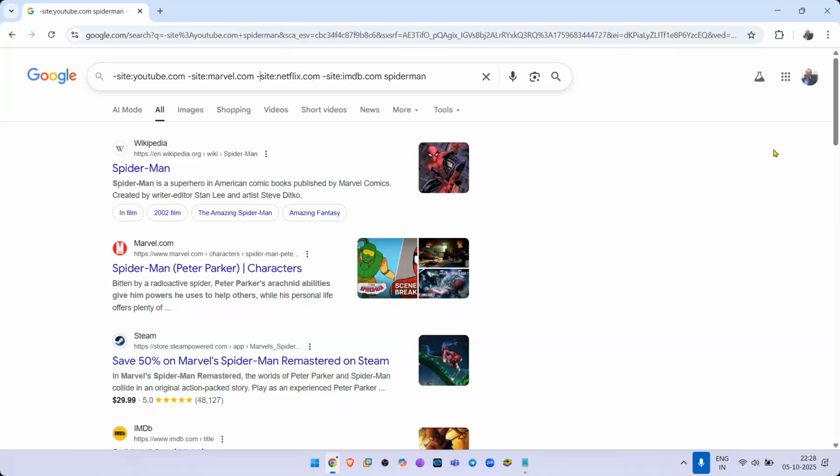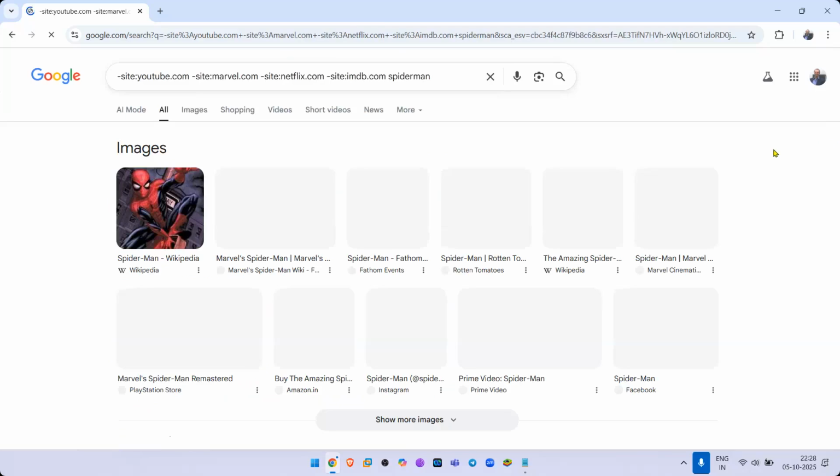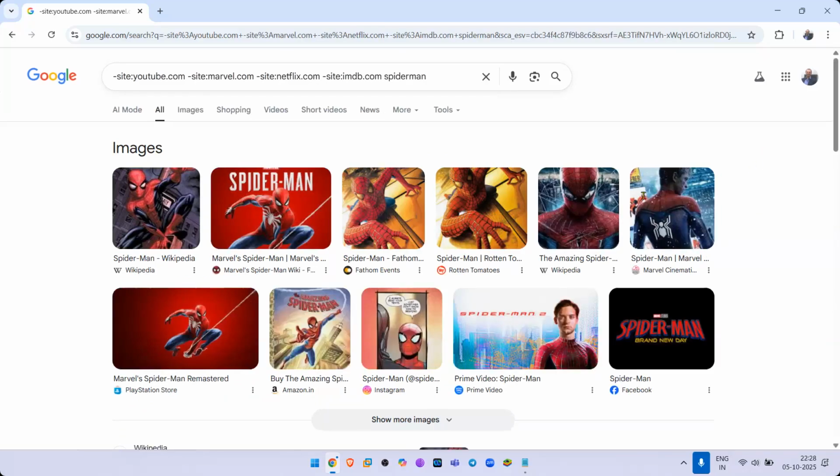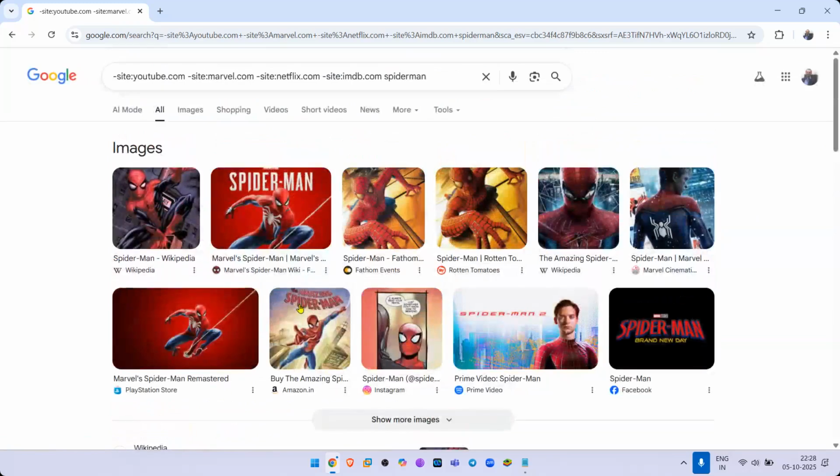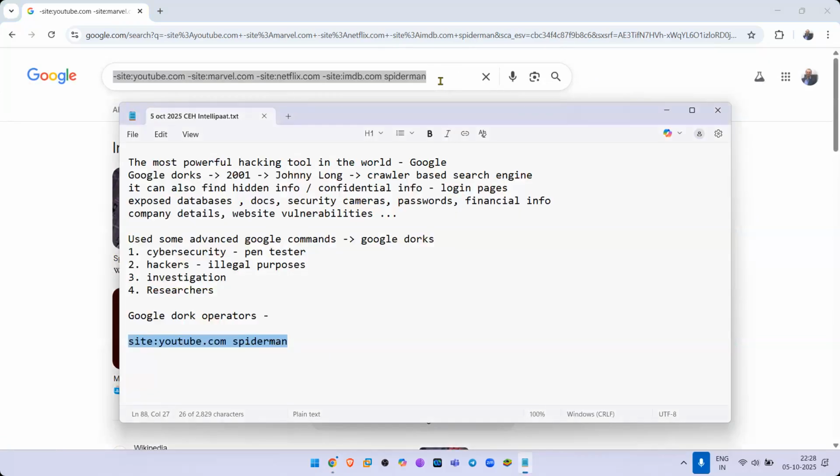No, I have put spaces in the right place. Let's press enter. So now I will see all the results except for the sites that I have listed. So what we have accomplished is we are able to use Google for eliminating certain sites. In short, we are getting filtered results, which was not possible earlier.